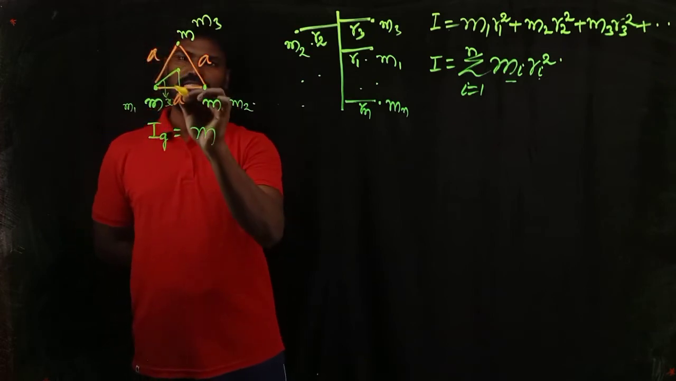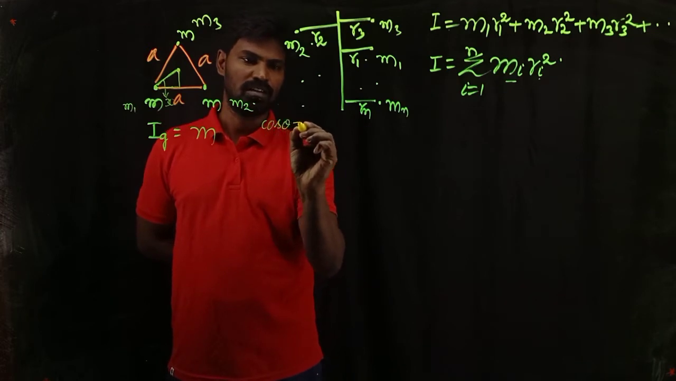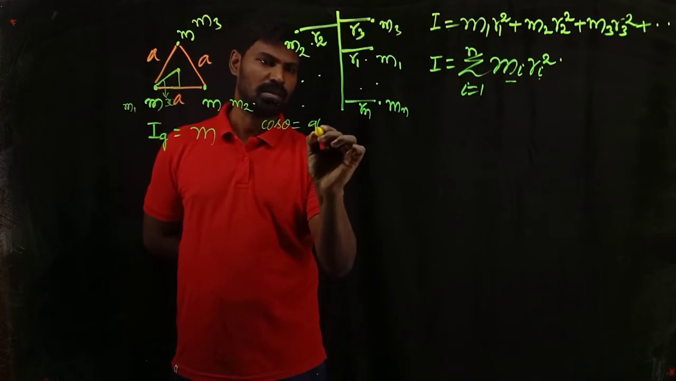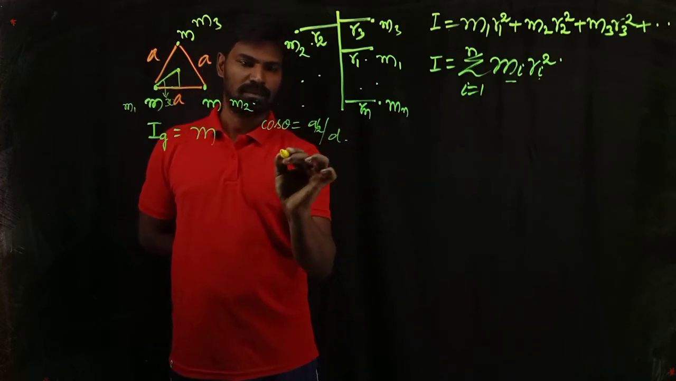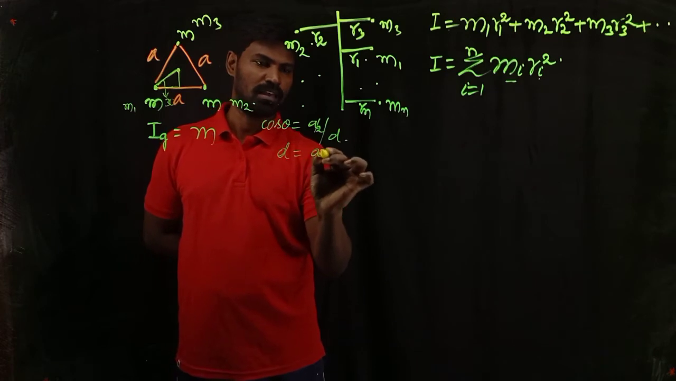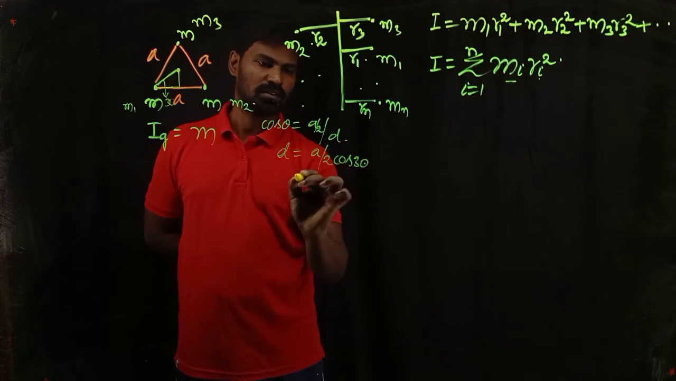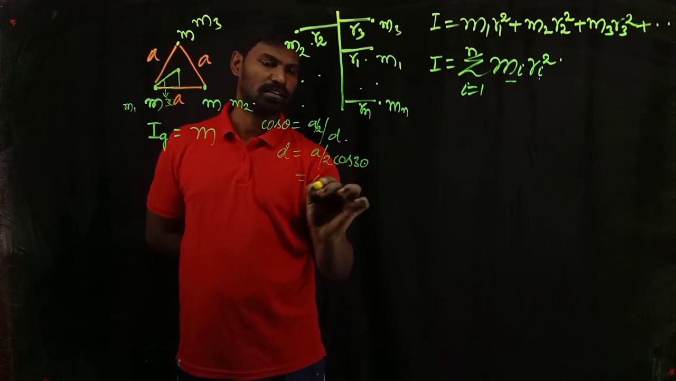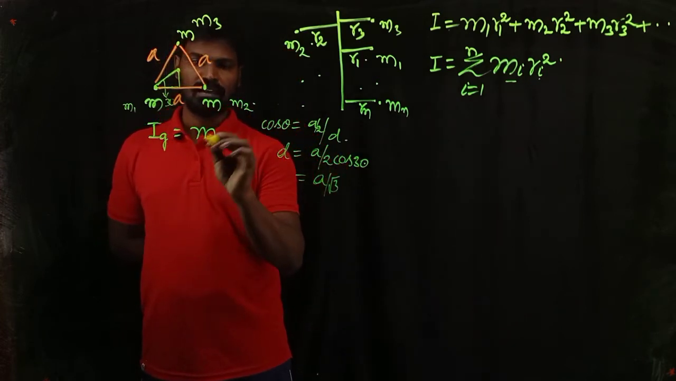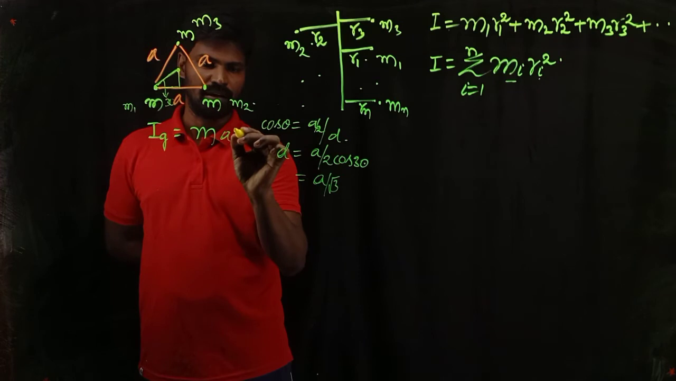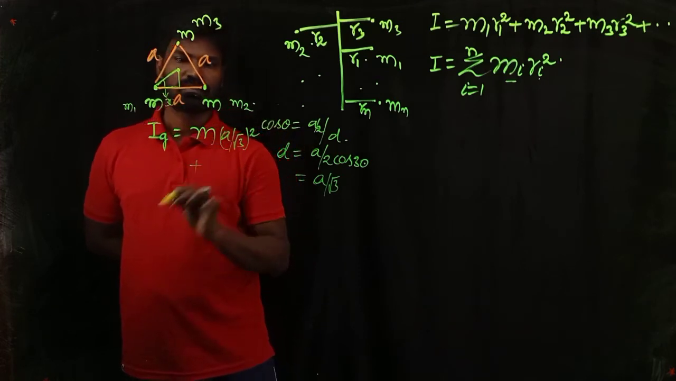I want this distance. Adjacent side by hypotenuse. Therefore cos theta, if you define here, adjacent side is a by 2 divided by the hypotenuse. I am taking the hypotenuse as distance d. Therefore, d is equal to a divided by 2 cos 30. What is cos 30? Root 3 by 2. The 2 gets cancelled and you will get d as a by root 3. Now I am going to use m into a divided by root 3, whole square, plus